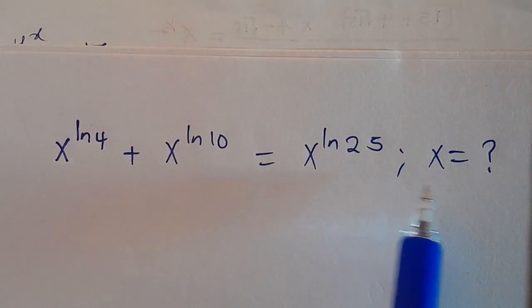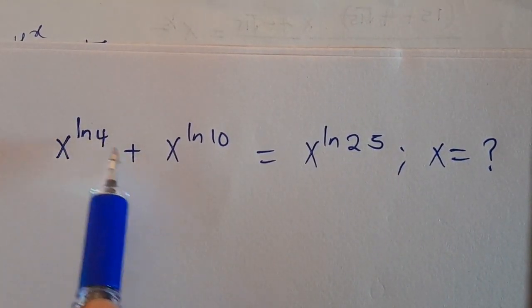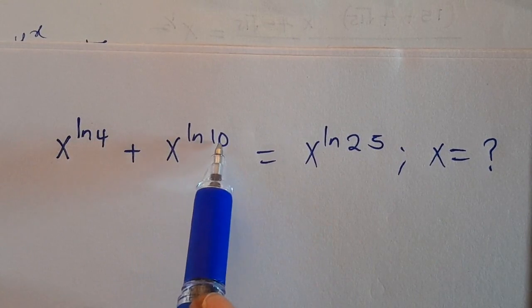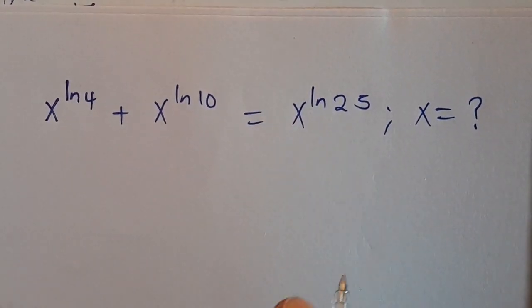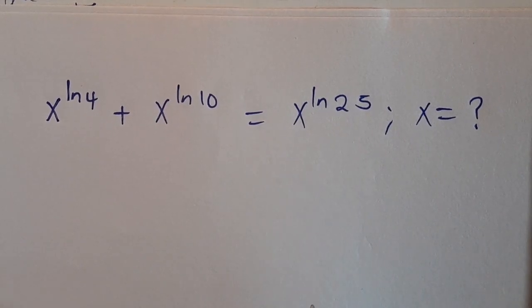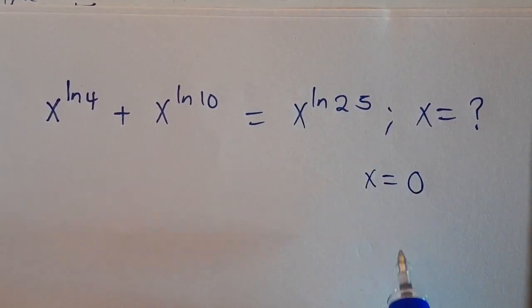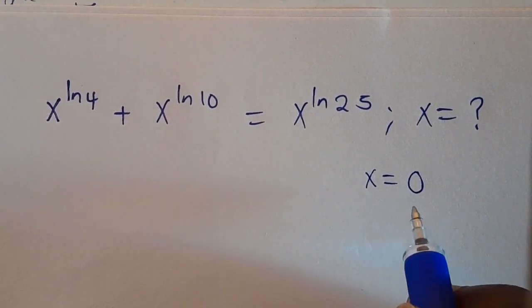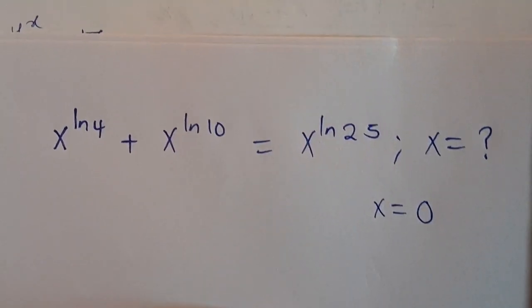Today, we want to find the value of x given that x to the power of ln4 plus x to the power of ln10 equals x to the power of ln25. The problem is a little bit difficult, and some people can expect and guess that x equals 0. No, x can also be another real value, not only x equals 0. So now let's see. But before that, note that